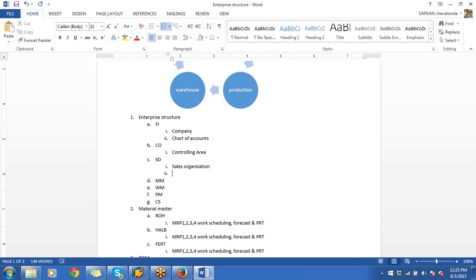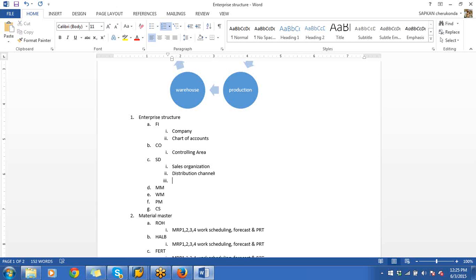A sales organization will have one or many distribution channels. A distribution channel is the mechanism you adopted to reach out to your customers. You can reach out to your customers in a retail manner, wholesale, internet, field, mobility. There are a whole bunch of ways you can reach out to your customer. That is called a distribution channel. A distribution channel is not a distribution center.